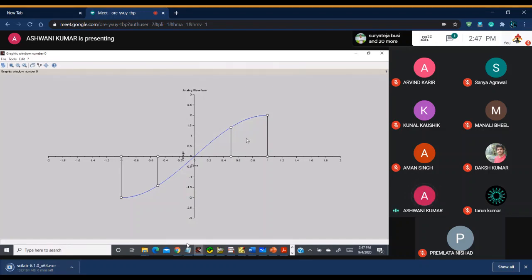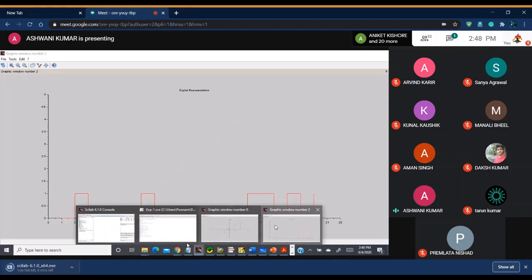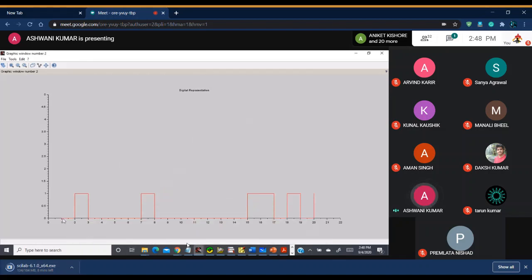By assigning some digital code, suppose we assign 0 1 0 0 0, you can see here from 1 to 2 it is 0, and 2 to 3 it is 1, and then how many zeros next? 3 to 4 is 1, 4 to 5 is 2, 5 to 6 is 3, and 6 to 7 is 4 zeros.